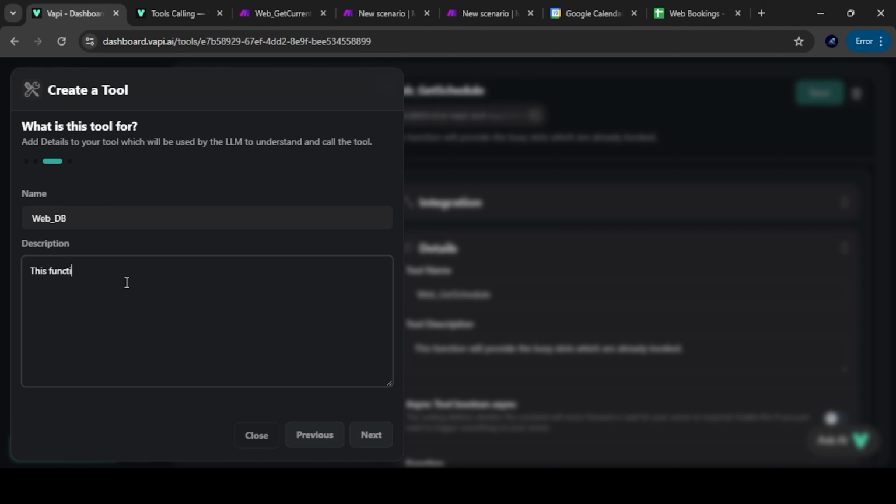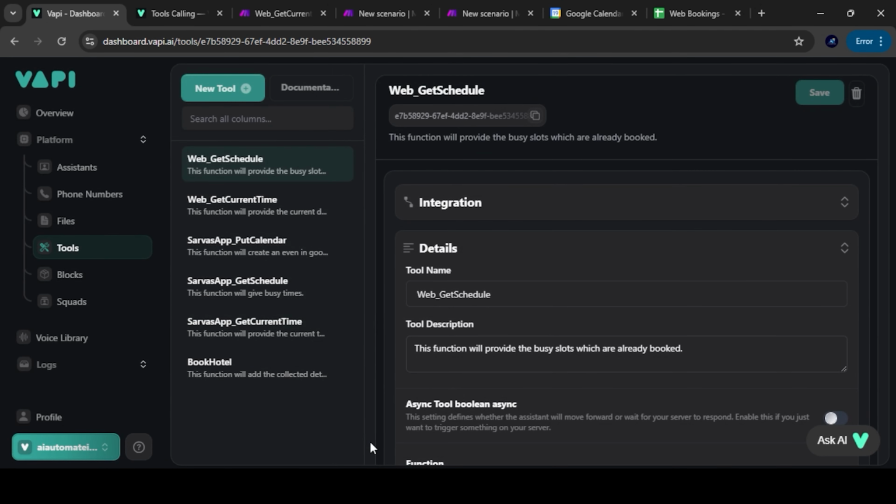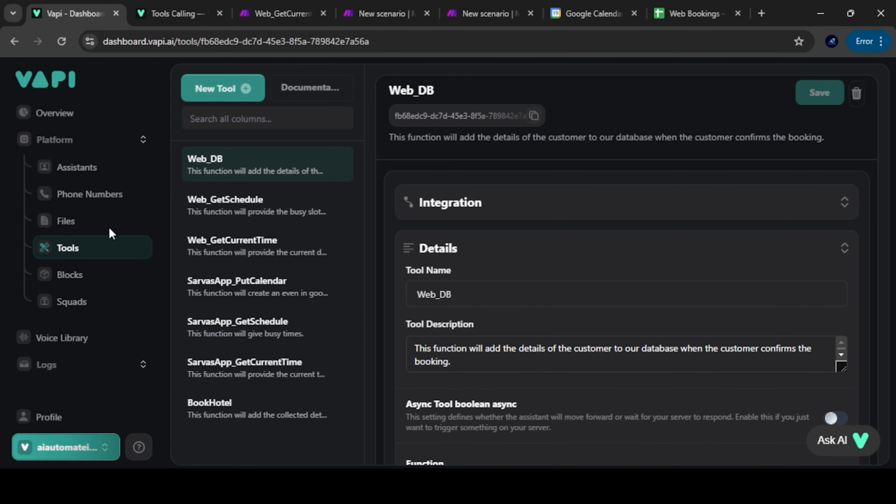This function will add the details of the customer to our database when the customer confirms the booking. Click on next, create, and our function is created.